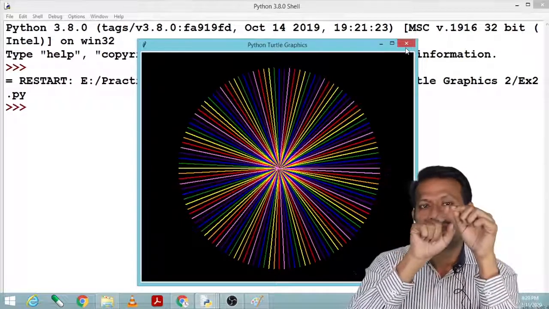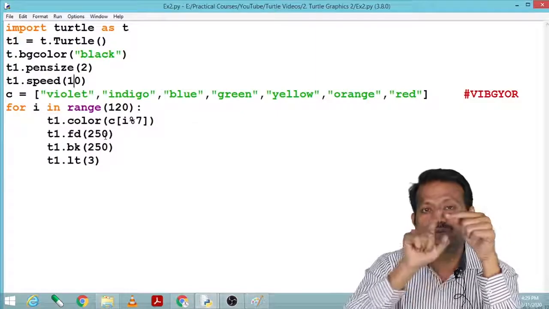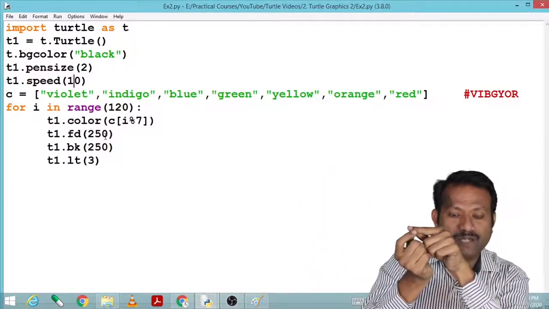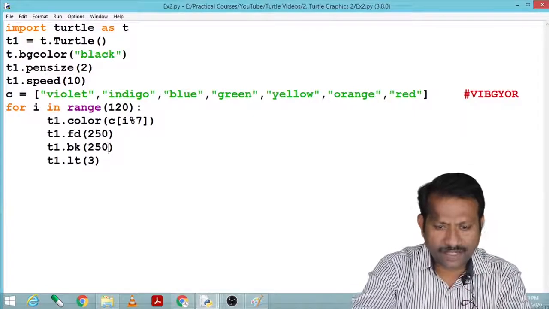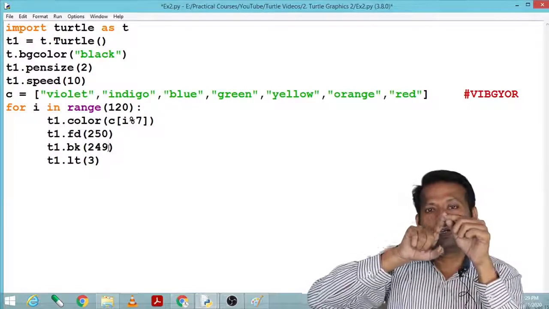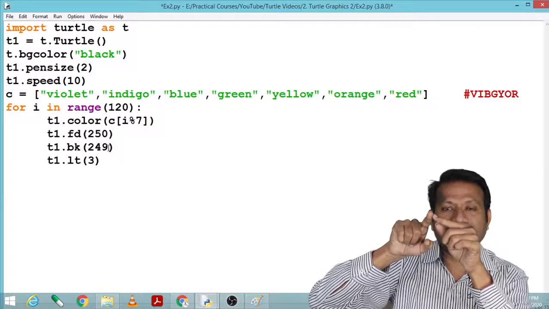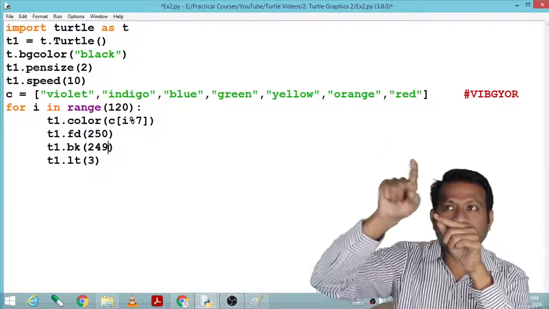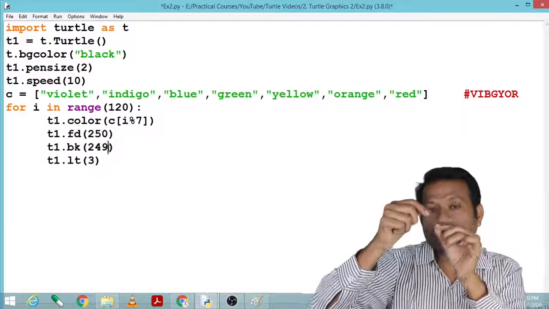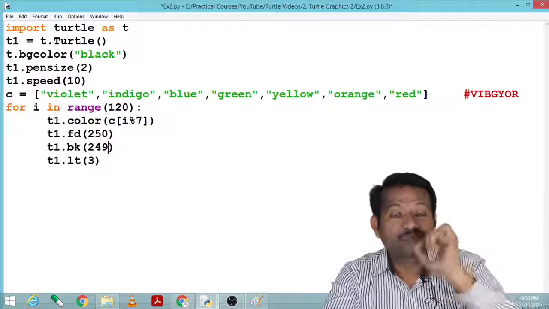Now see, here I have taken 250 points and I have brought it back 250 points. Suppose I made it 49, so it will go for 250 points and it will return back 49 points. Then again 250 points to 49 points, means it will not come exactly to the center, it will remain somewhat away from the center and it will go on drawing the center small circle.